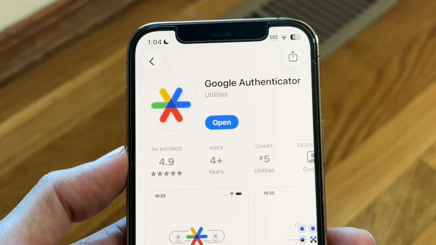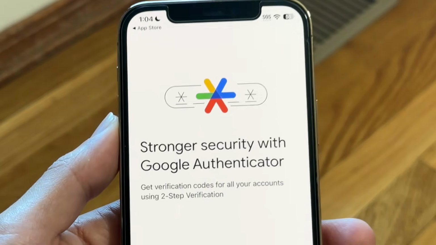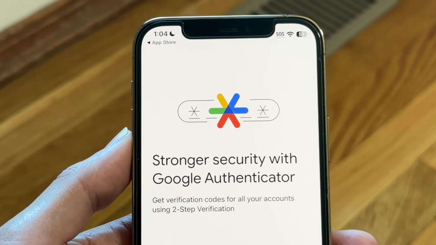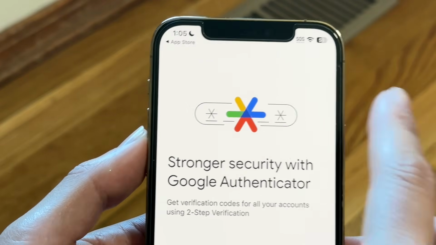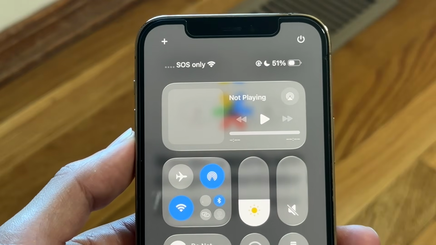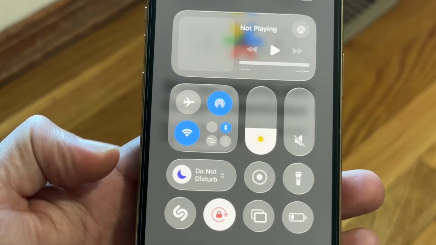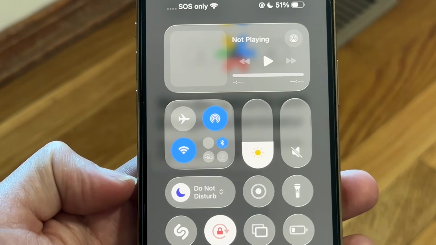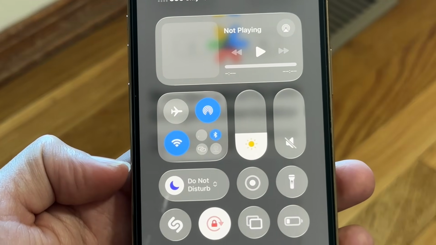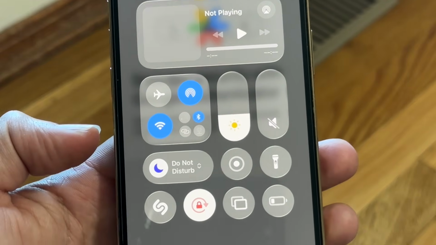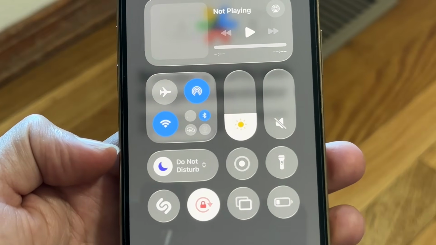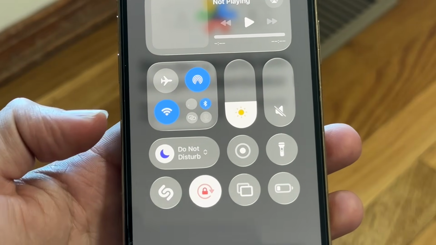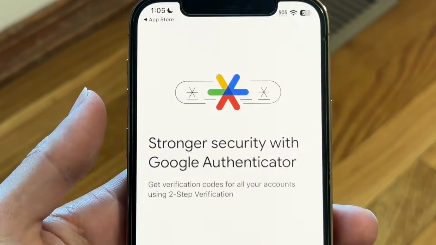Number one, the first thing I'd recommend doing is to make sure you don't have some sort of random do not disturb mode option enabled, or focus modes or anything like that. On your iPhone or Android, swipe down from the top right corner and find that little do not disturb mode pop up that comes up right here. All you want to do is make sure that this pop up isn't enabled. If it's enabled, that's going to be the main problem here. So go through, make sure this is not enabled,